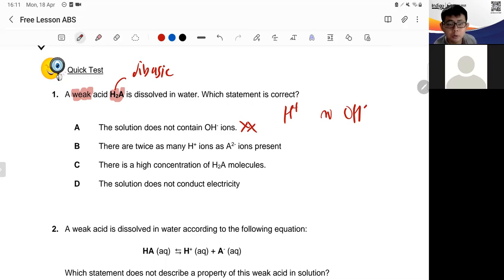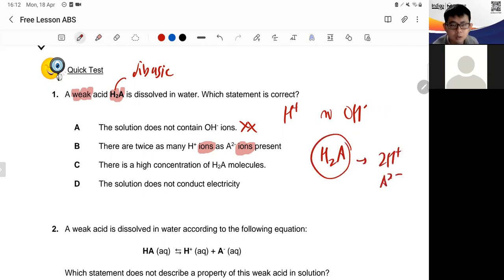Okay. B might seem correct at the start, but actually it's wrong, because this statement is telling you that there are twice as many of this as this present. That might not be true, because number one, the dissociation is poor. Number two, what makes you think that it dissociates completely either? Maybe I just look at H2A, the formula like that. Does it mean that it must give me that? Not entirely. What if it did this,